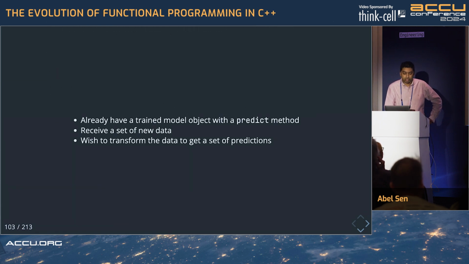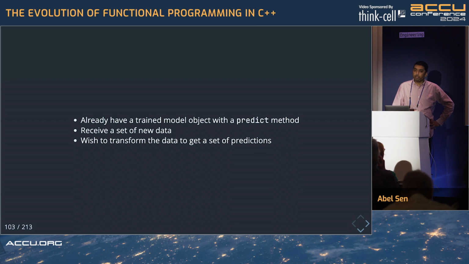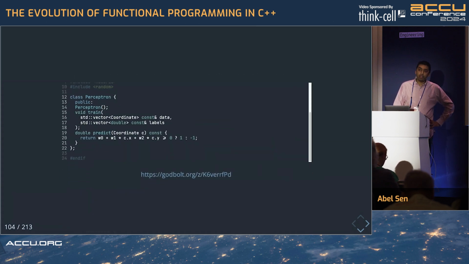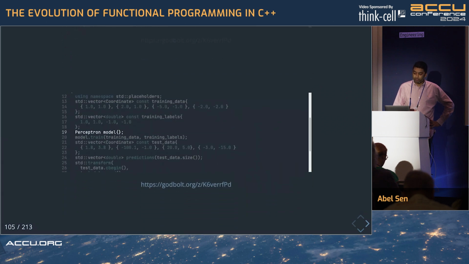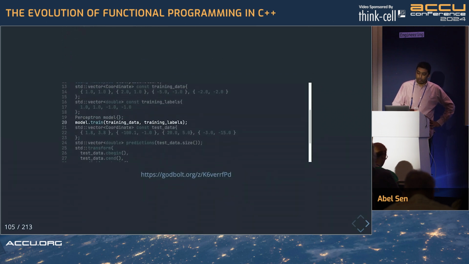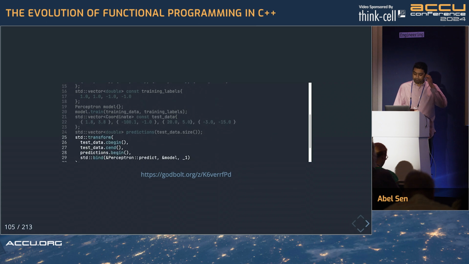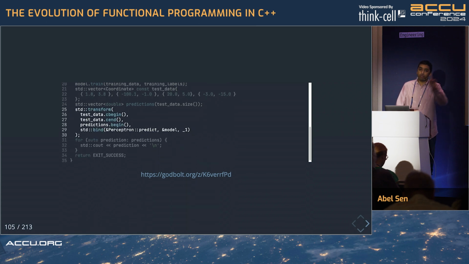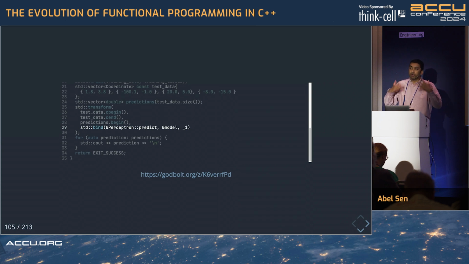So imagine you're a machine learning researcher. You have this common problem of training a model on a bunch of data, you get that trained model, and you receive a new set of test data and you'd like to transform that collection into a new set of labels given by a prediction function. So I'm defining the simplest of machine learning models, which is the perceptron, and then I default initialize it, train it on my data, and then I get my new test data, and then how I transform that test data into a set of predictions is by calling std::transform, and then specifying as my unary transform operator the